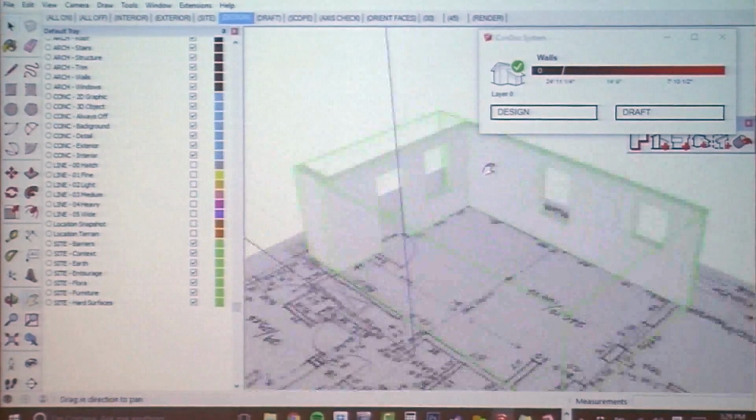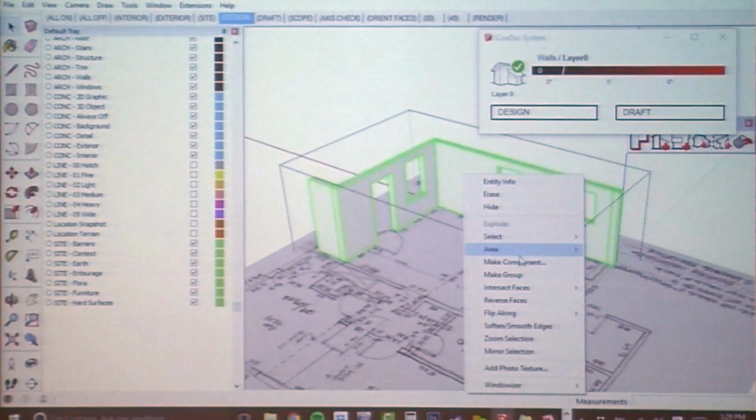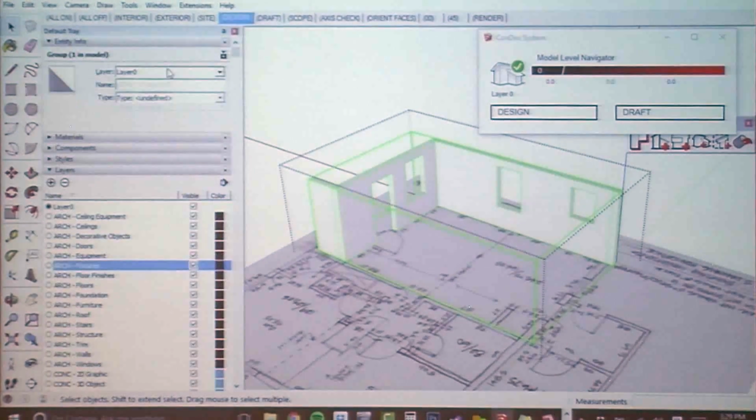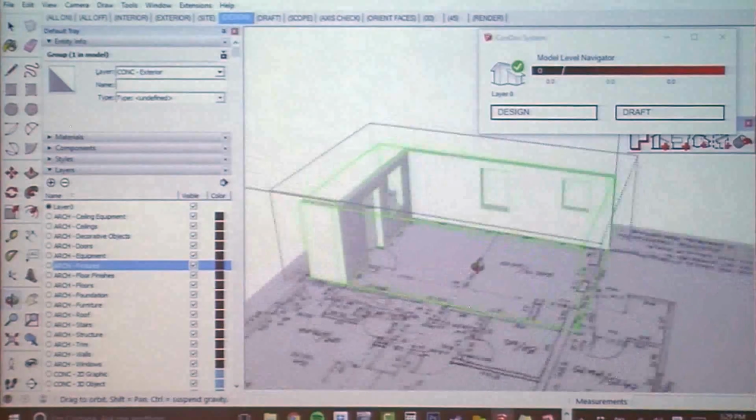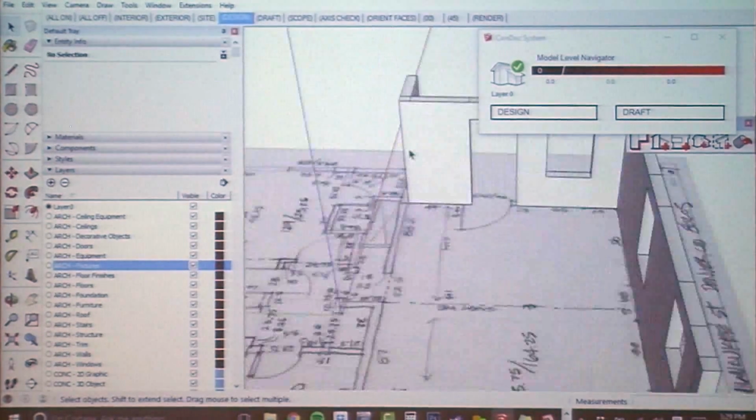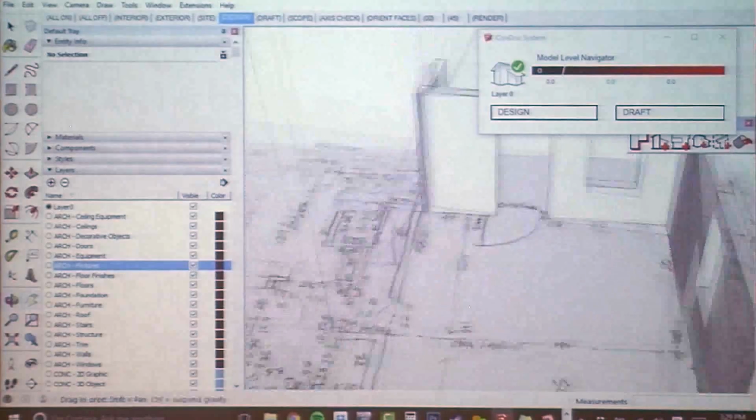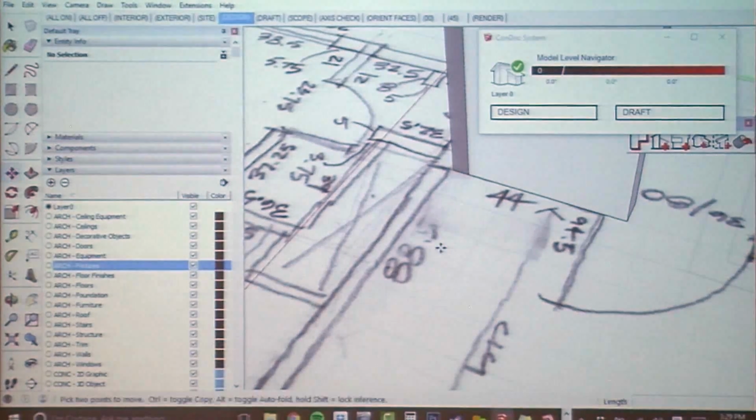So for our walls, I'm going to double click in and then triple click, make group, and assign the layer exterior. This way, I now have my walls exterior. So you can see that that model level navigator is really keeping us informed about where we're at in the model. Okay, so now we're ready to back out here, and I'm going to set up a guideline, and let's do some interior walls. We'll make those 5 inches wide, and then I'm just going to pull this out a few times. We'll say